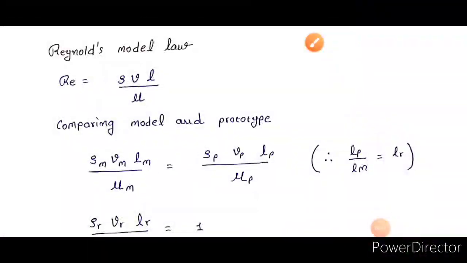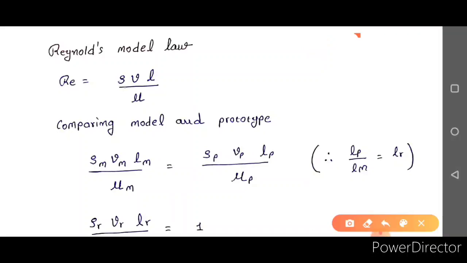Hello friends, and today we are going to discuss about Reynolds model law. As per the theory of Reynolds number, in the Reynolds number video I told you that you need to go through the Reynolds model law video because it will give you more knowledge about how this law is practically applicable to submarine and aeroplane. So Reynolds number, as per the theory, is nothing but rho v L by mu. Those who are not knowing or those who are viewing this video first time, for them please press this I button in order to view the video of Reynolds number.